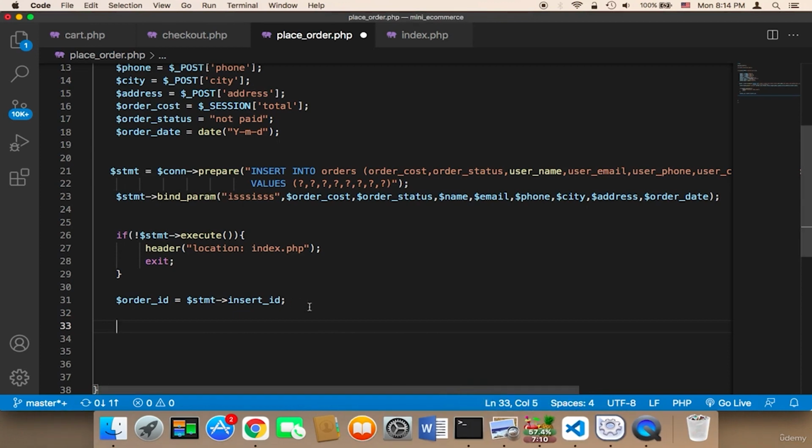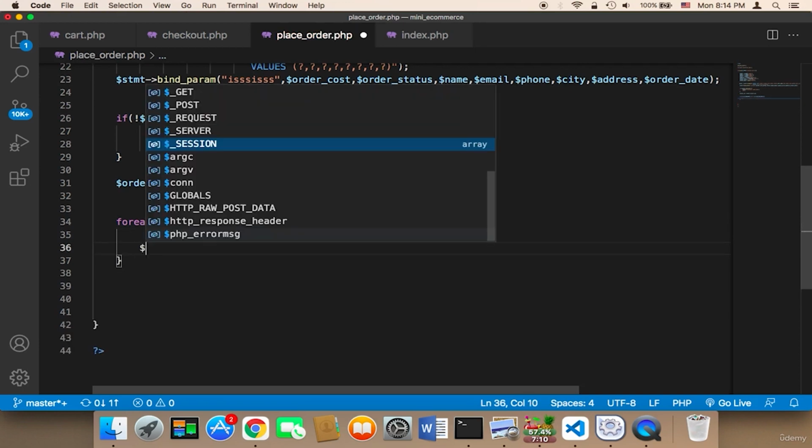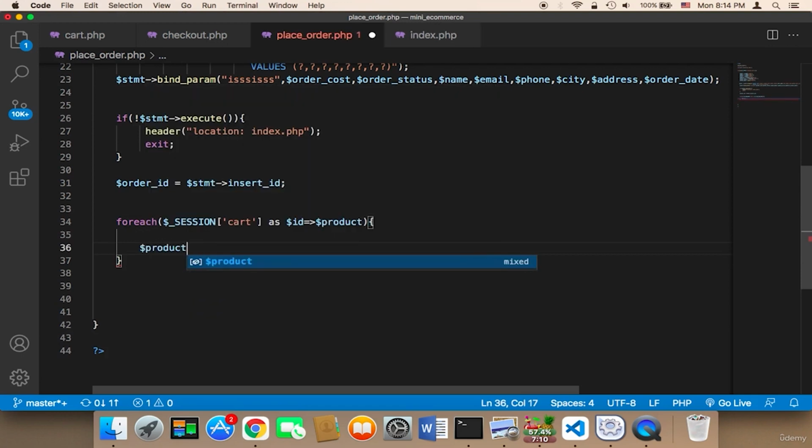So now we want to get the products, and to get the products we need to use the session. Remember, we have the session and we need to loop over it and get each single product. So I'm going to say foreach session cart as ID, product as key value pair, and then we get each single product from the session and insert it into the database. So we need to get first the product ID, the product name, the product quantity, all of these. So I'm going to say product is equal to session